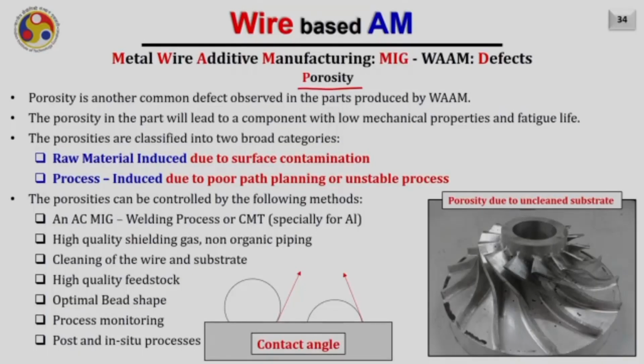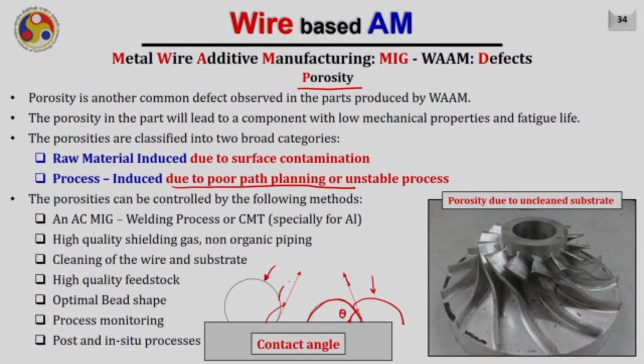As you can see here, what poor tool path planning means is, for example, if you are depositing a bead on a flat surface, right, and it has this type of contact angle, which I am calling less than 90 degrees. Now if I deposit another bead adjacent to it, definitely it will nicely overlap and there will be no unseen region from the top while depositing this particular bead. But if your first bead itself is deposited with a contact angle greater than 90 degrees, in that case